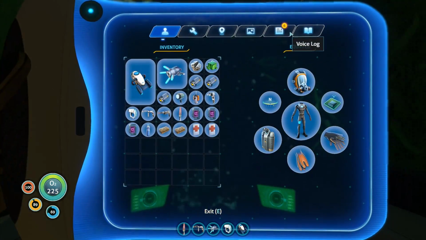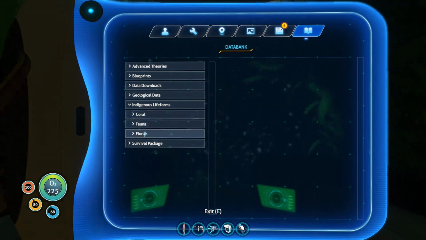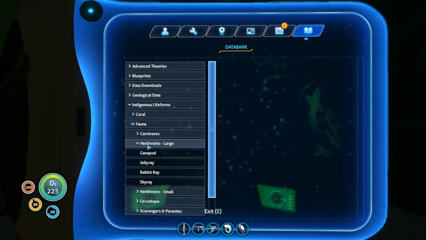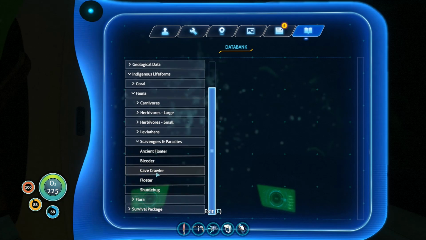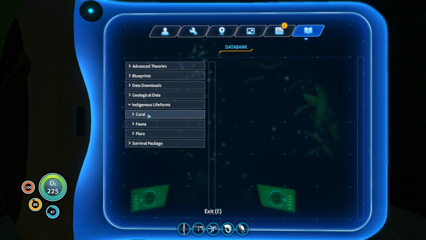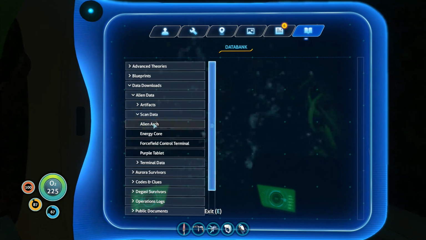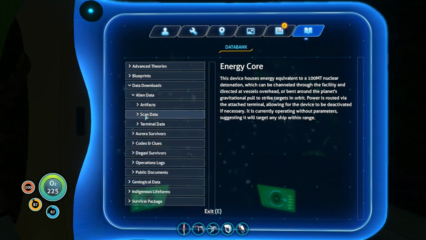...thingy that they made on here, because I scanned them, or I was trying to scan them as they were trying to eat me. Fauna, carnivores, biter, sand shark, stalker. It's not those. Herbivore, large. No. Leviathan, reefback. No. Scavengers and parasites. Maybe I wasn't actually able to do it. I got flora there. I don't think it's that. Indigenous life forms. Data download, alien data, scan data, alien arch, ceremonial, energy core. Yeah, I don't think I actually managed to...